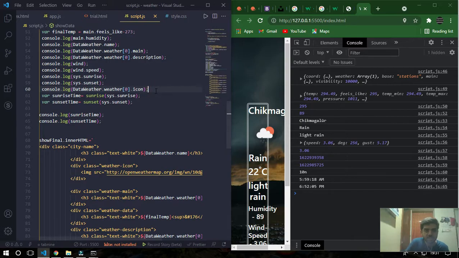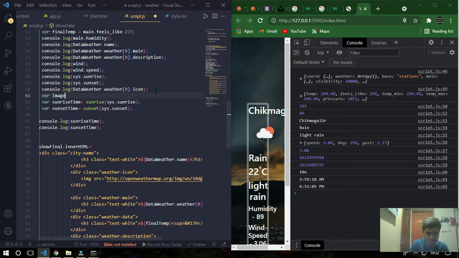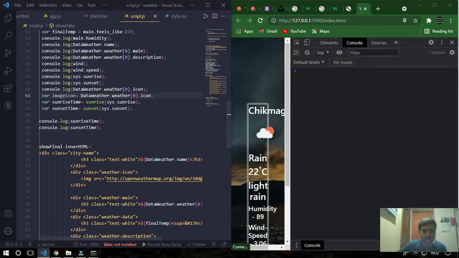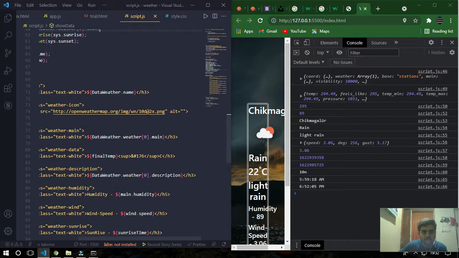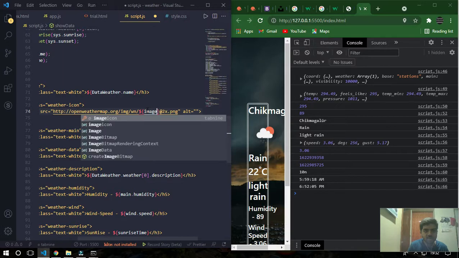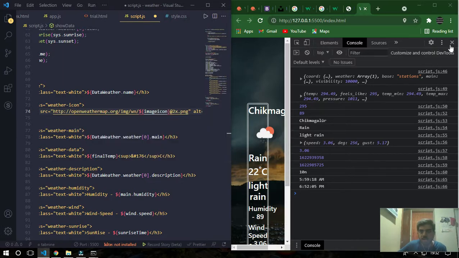Now just var image icon is equal to, I'll just copy this thing. Now I'll use image icon here, inside this I'll use image icon, and now I'll refresh and I'll get